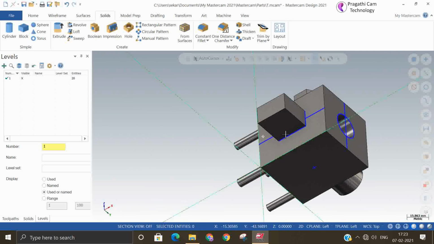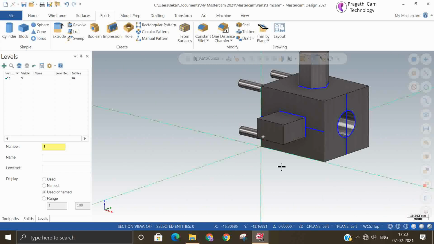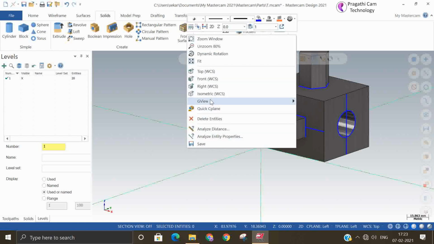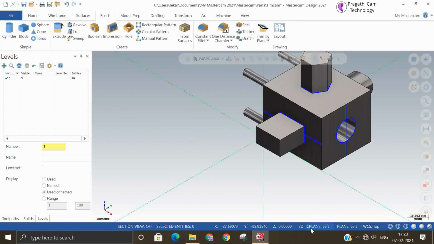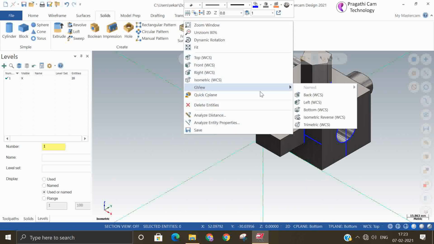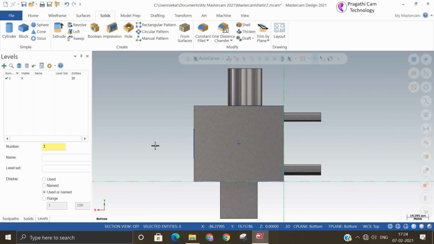So I will go to again. Like this, all six sides you can make different shapes, and by doing this exercise you will be clear about the Z depth and the construction plane. Okay, construction plane bottom, you can keep it at the bottom. So you can change the G view also to bottom. So you can make any shape here.